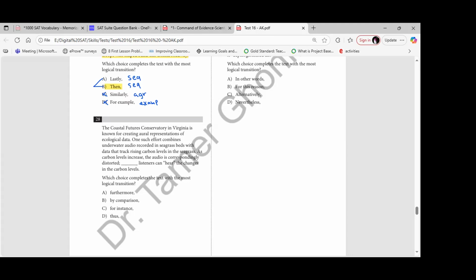Just find the function of each word or each transition. Then if you have two that have the same function, I got it from Bana. Waiting for Salma. Okay, I got it also from Salma. Let me see if someone is not answering. Okay, in front of me here, all of you got it right except one.